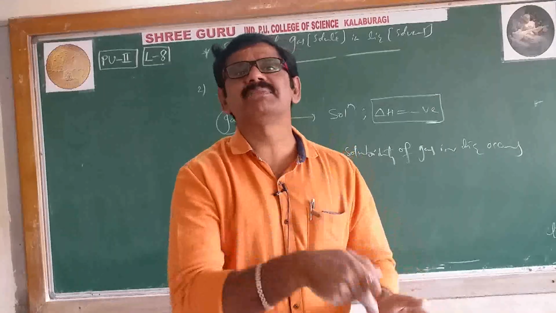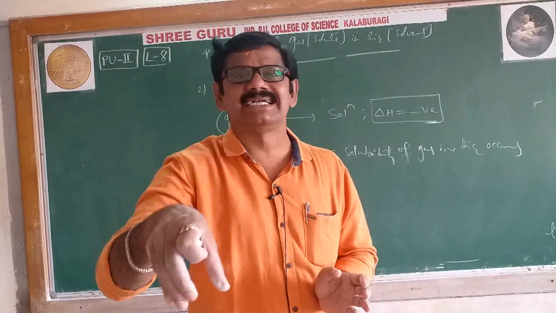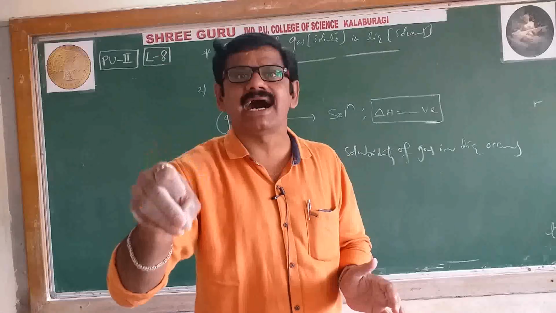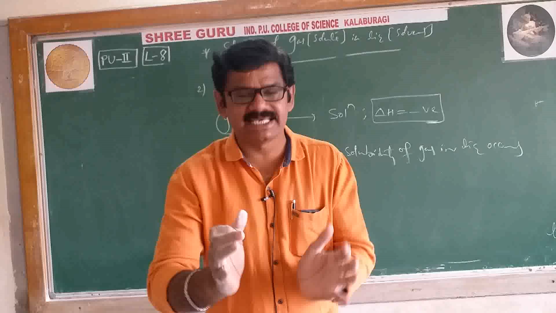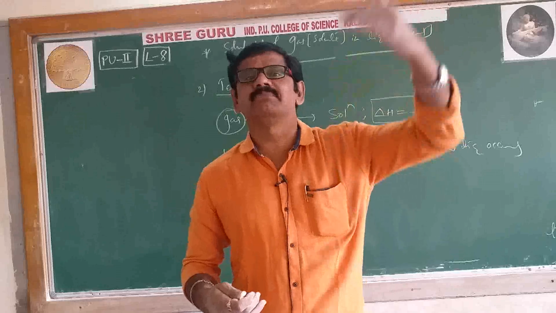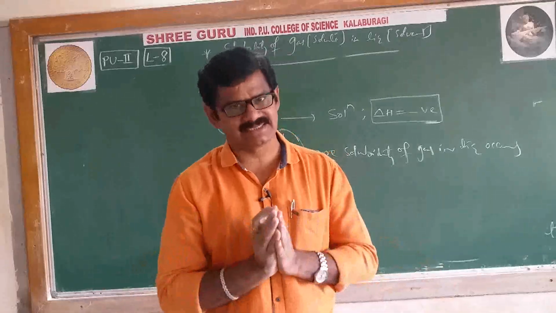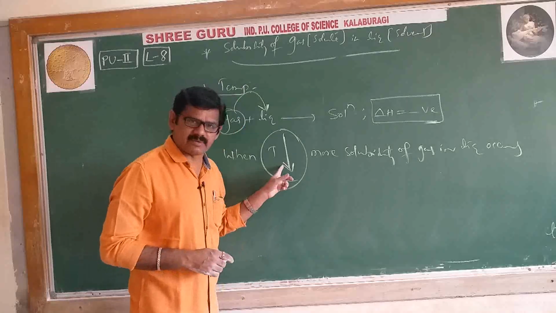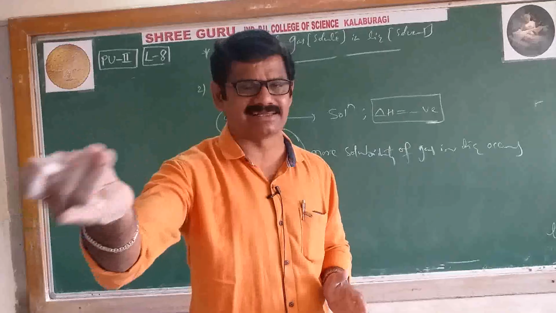Why? Cold water means temperature is less. If temperature is less, what happens? More oxygen gas dissolves in water. Less temperature, cold water, more oxygen gas dissolves in water. Because of that reason only aquatic species can exist. Suppose it is hot water, means the temperature is increasing. If temperature increases, the oxygen dissolution tendency in water decreases. Means it is difficult for aquatic species. That's why, based on this phenomenon, aquatic life is very comfortable in cold water rather than hot water.